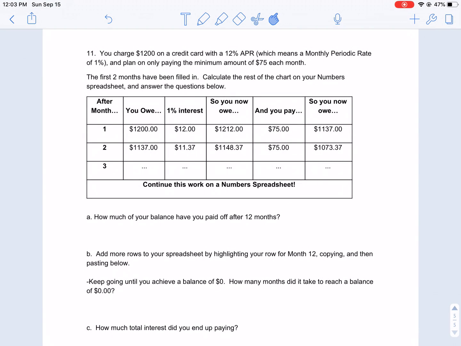Alright everybody, this video will describe how to use the Numbers app to fill out this entire set of transactions over months so you don't have to do a whole lot of work. So what I'm going to do is just talk about this problem, then I'm going to jump over to Numbers